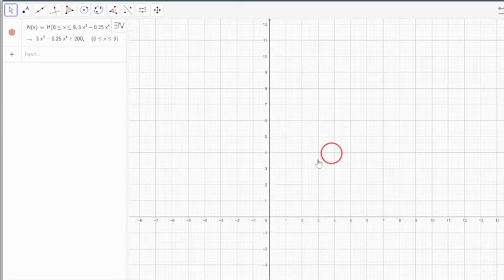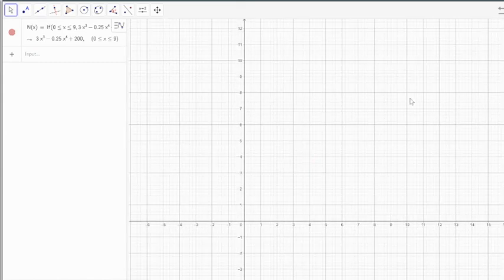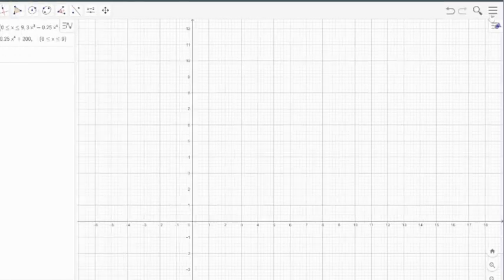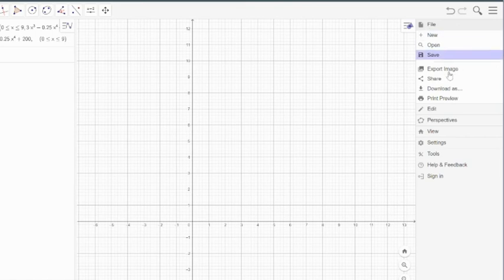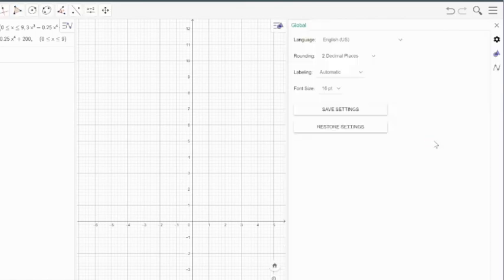I'm going to drag the screen over, and the reason for that is this function is at much larger y values than we have visible here. And if you were to plug 0 in for x, you would see that it would leave 200 as the y-intercept. So we're going to change the scale on this so that my y values is going to show values of 200 and higher. So let's come over to the menu here, choose settings,